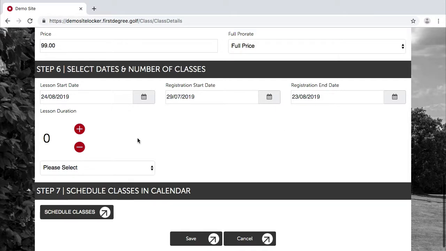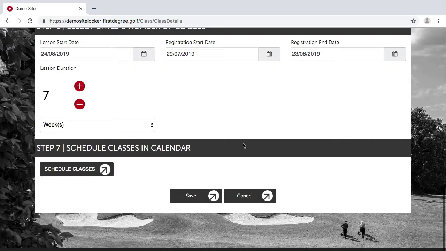So now what we need to do a little bit differently is we are going to run a class here which is going to run for 6 weeks. However, I'm going to have 1 week where I'm not going to be there, so we need to leave a week gap in the classes. So we're going to go to the lesson duration, and choose 7 instead of 6, and choose weeks. So we're going to add 7 sessions to the schedule every week,